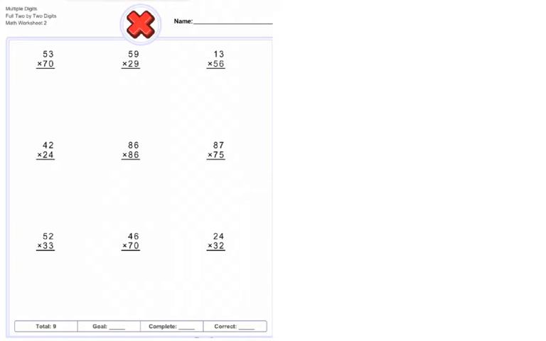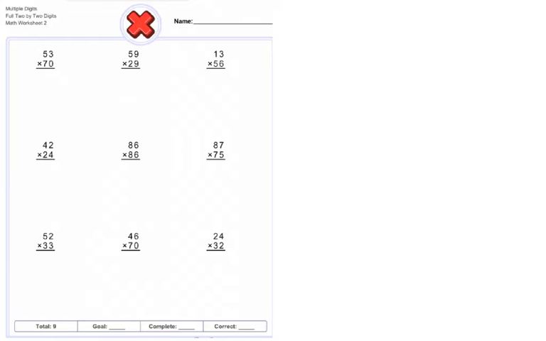This week we're going to be working on reviewing multiplication with multiple digits. We will go through 2 by 2 digit multiplication, 2 by 3 digit multiplication, and 3 by 3 digit multiplication this week for our review. Same practice applies as we did last week, but I do want to show you a trick with the zeros